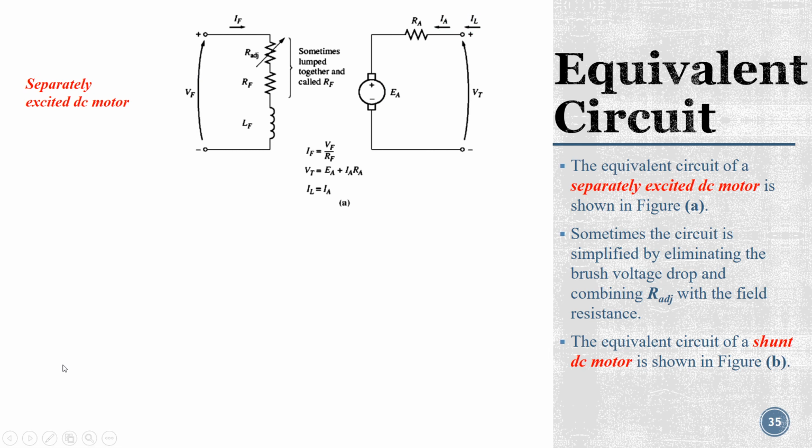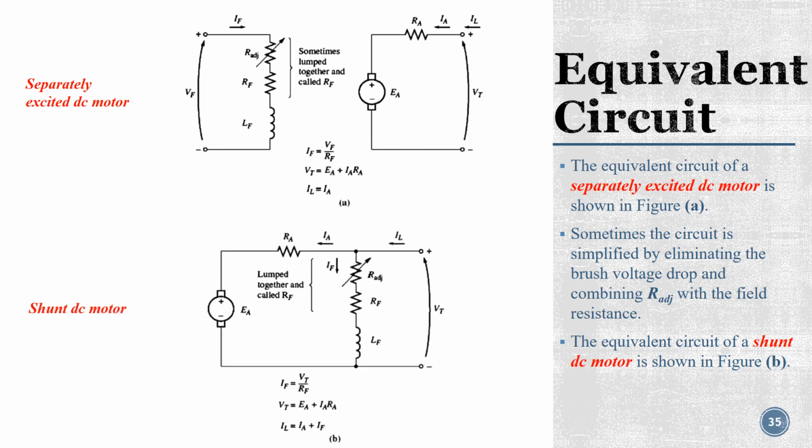Now let's see the second case. For example, if you are using the shunt DC motor, the parallel configuration, you are feeding both the field circuit and the armature circuit with the same source, and they are connected in parallel. If you connect your field circuit in parallel with your main supply, this is the equivalent circuit of the shunt DC motor or parallel DC motor. Now here, if you want to calculate the field current, it will be the voltage drop, which is Vt divided by your Rf plus R adjustment, right?